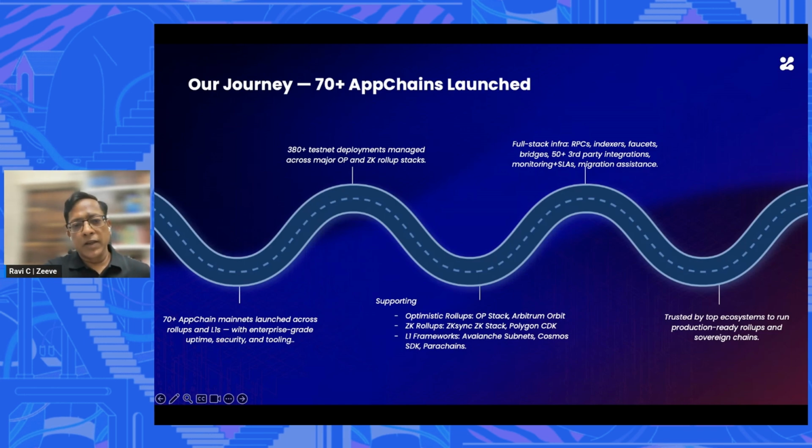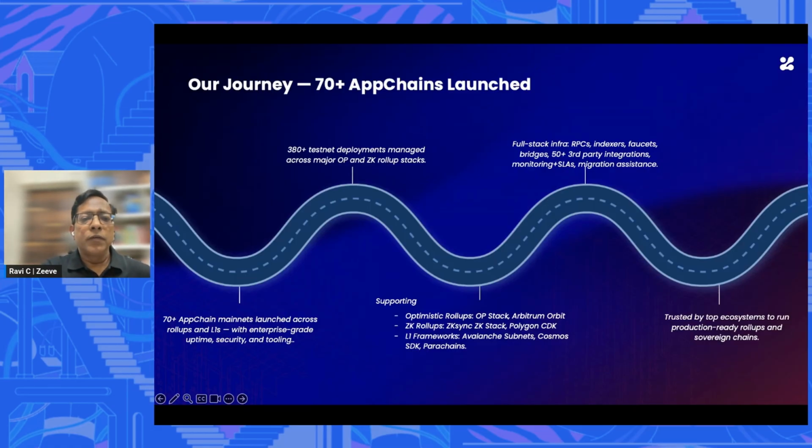And that's where we partnered with some of these stacks and started offering app chains to different customers. And today we are running almost 70 plus production app chains for various customers across various stacks, and almost 350 plus testnets. And in our journey, there has been a massive amount of learning, which I'm here to share today.